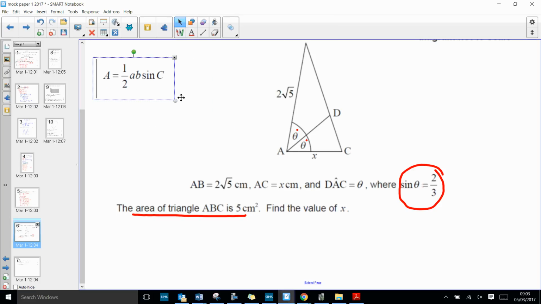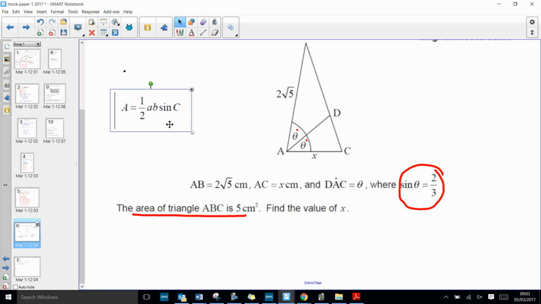So the area of a triangle is a half AB sine C. Now, we need to remember here what's A, what's B, what's C. Well, if C is the angle we're talking about, this is the only angle that we can be considering. So if that's angle C, then these are side lengths A and B. So what we know is that